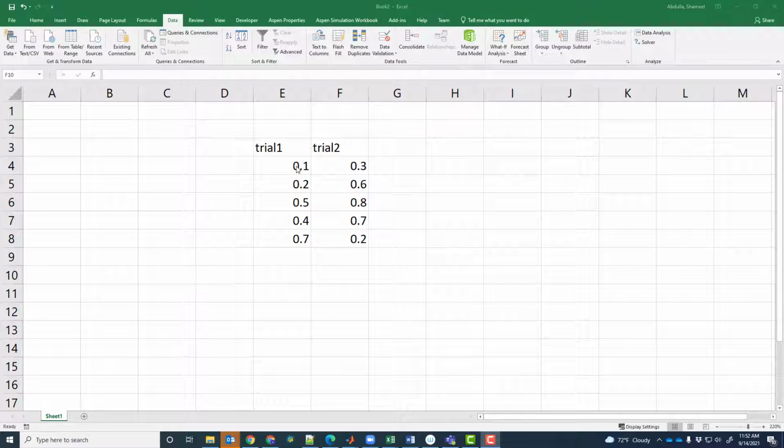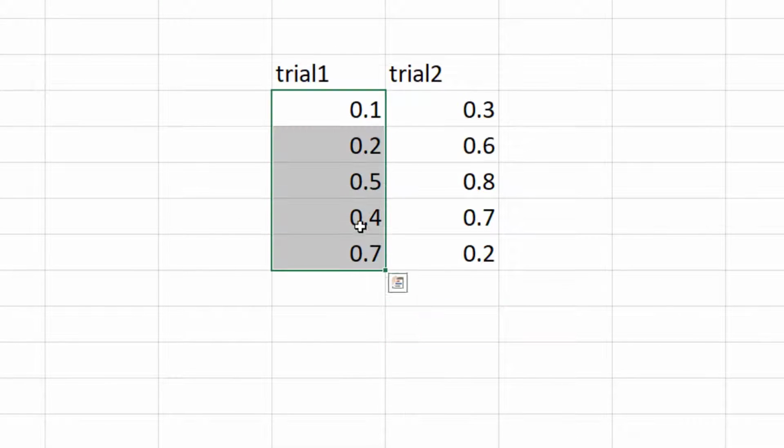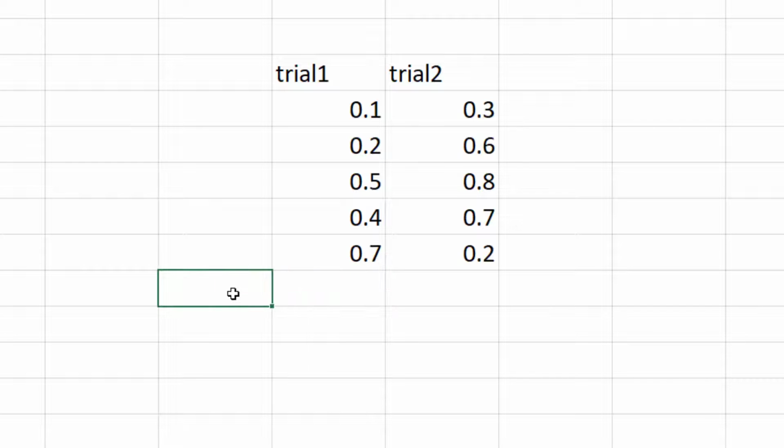In this video, I'll show you how to do a t-test between two data sets. So assume you have done 2 trials of experiment and these are the values you measured. So let's first find the mean